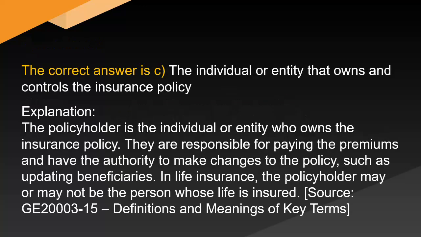The correct answer is C. The individual or entity that owns and controls the insurance policy. Explanation. The policyholder is the individual or entity who owns the insurance policy. They are responsible for paying the premiums and have the authority to make changes to the policies, such as updating beneficiaries. In life insurance, the policyholder may or may not be the person whose life is insured. Source: